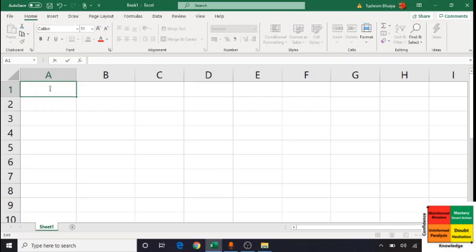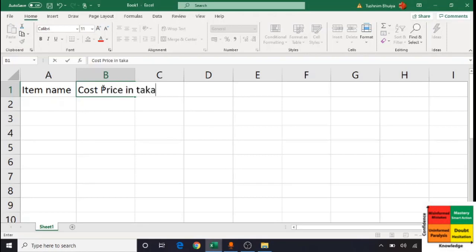So as I said, we're going to make a table, and this is going to show how much things cost. So I'm going to give this cell the name item name, and then here I'm going to put down in the next cell, if I want to go to another cell, just click on the next cell, and I'm going to put down cost price